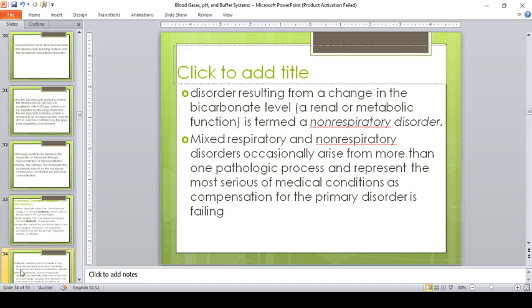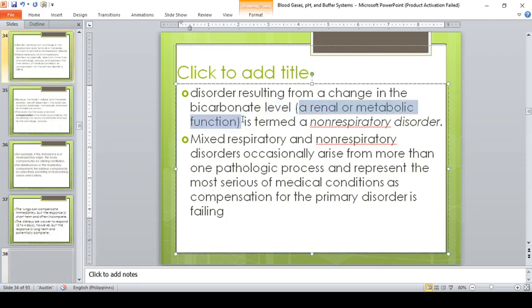Gets? Pag ang problema si lungs, ang mag-a-act for compensatory mechanism si kidney. Pag si kidney ang may problema, ang mag-a-act into compensatory mechanism is si lungs. Nakukuha? A disorder resulting from a change in bicarbonate level, a renal or metabolic function, is termed as non-respiratory